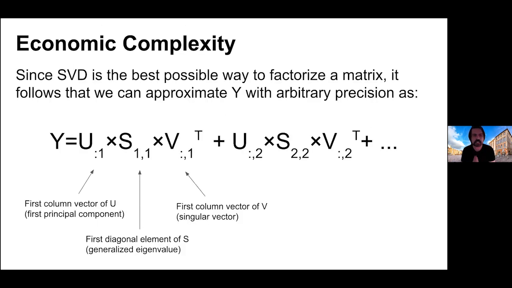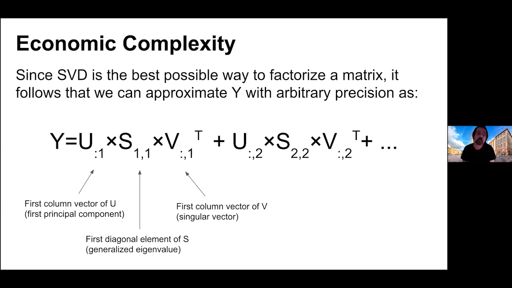Now, because this is a matrix factorization, you can approximate any matrix with arbitrary precision using the vectors in sequence. So for instance, you want to approximate the output Y for locations and activities using only one factor. Okay, well, what you do is you take the first column of the matrix U, you take the first vector of the matrix V, you take the first diagonal element of the diagonal matrix, and if you only want to use one number per location and one number per activity, you cannot do better than this. This is going to be mathematically the best possible factorization.